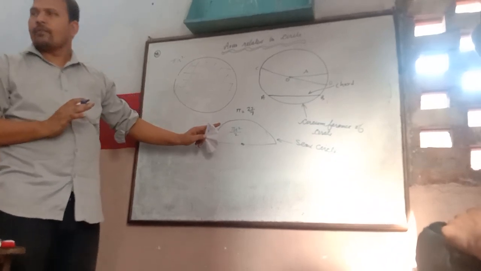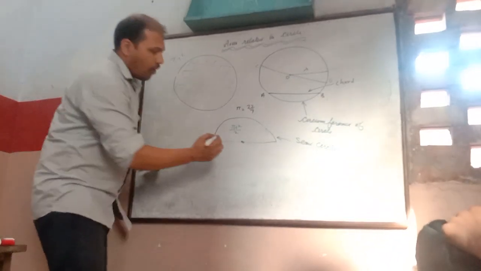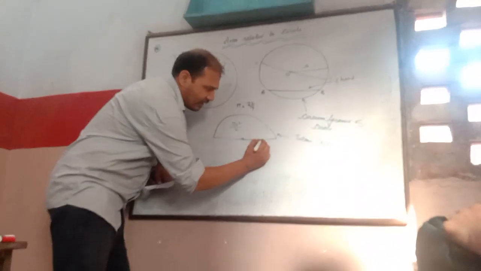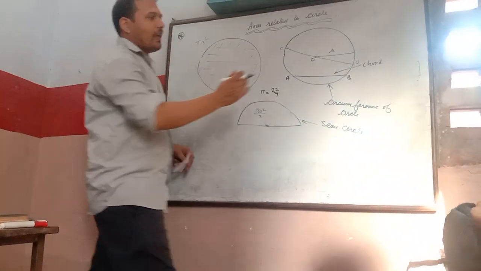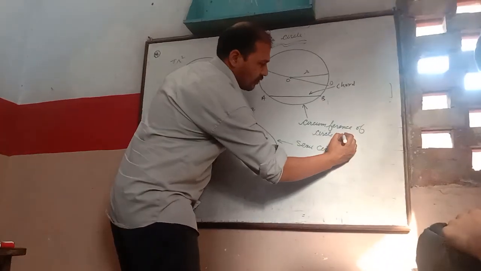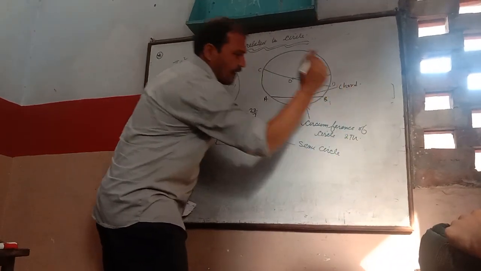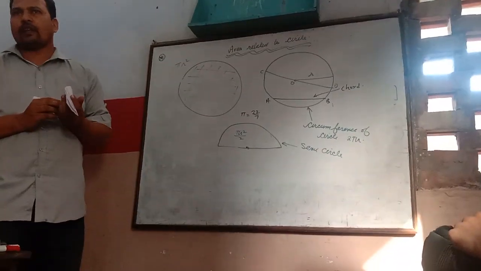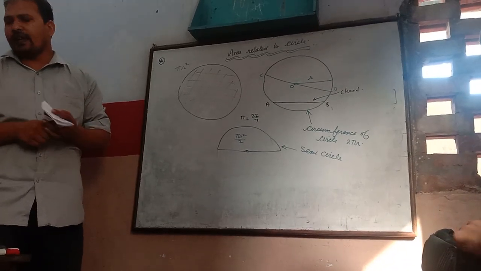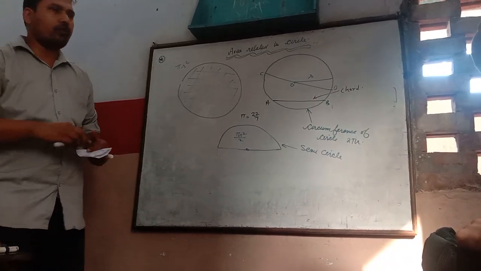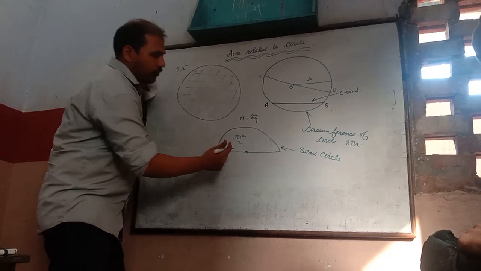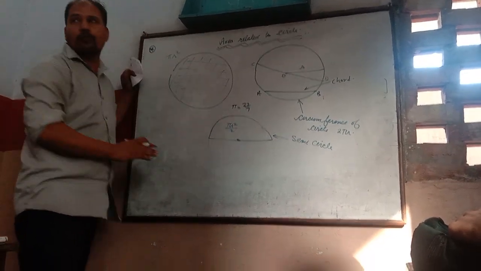Clear? Yes, sir. Okay. And how to find the perimeter of the semicircle? It's very different. The circumference of the circle is equal to 2 pi r. To find the circumference of the circle, that is equal to 2 pi r, we will use 2 pi r. Now to find a semicircle perimeter